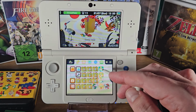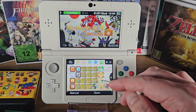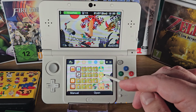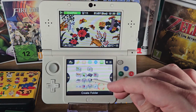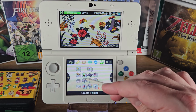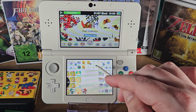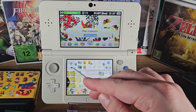And then we have a number of different badges for our activity log, our camera, the settings, and the download play. You can unlock different badges for these. These are Animal Crossing themed ones, obviously. And then I have a few other little badges here just for a kind of shrine to different systems. So a couple of Super Nintendo ones, a couple of N64 ones. And if you hold on to these, you can go up here and see the rest of your badges as well. I have a number of different ones there as well. Not going to go into all of them, but it was really cool to have those back in the day